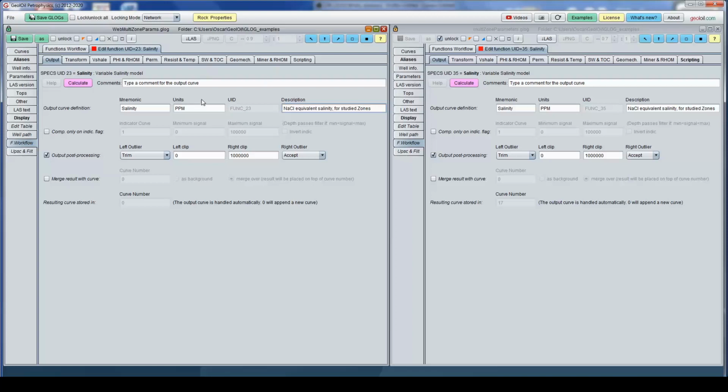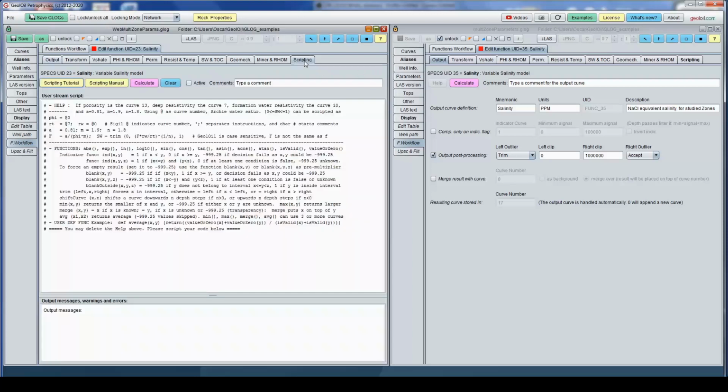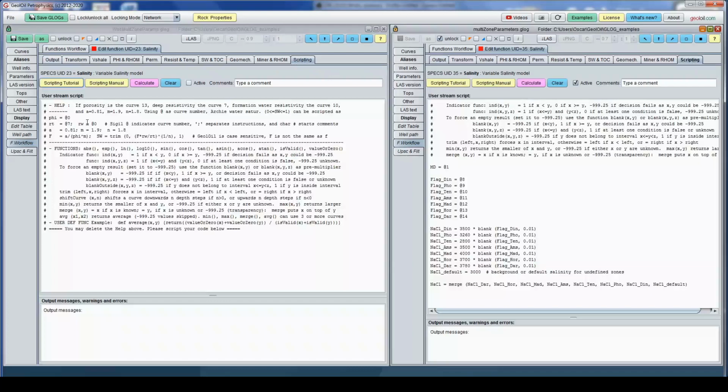Now, there are several ways to do that. The easiest way, well, maybe it's not easiest. One very effective way to model that is to use the YOLOIL scripting language. So we're about to write a short script, very powerful and very general.